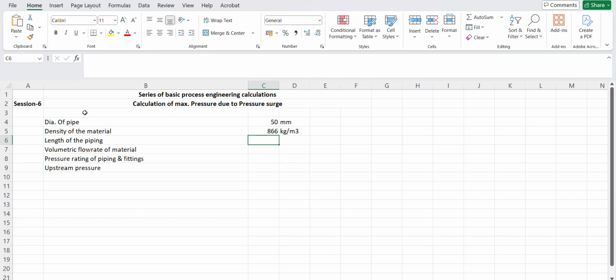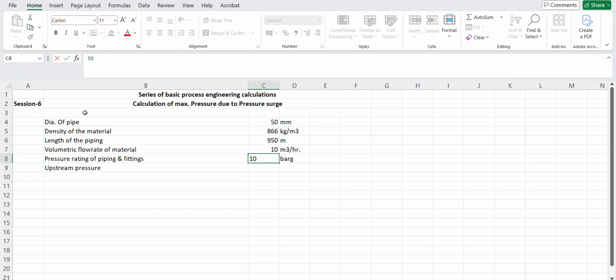I'll just show you with random numbers. We consider a length of 950 meters. Then for the volumetric flow rate, we consider that this is a solvent, so we consider a lower velocity, and based on that we have assumed just 10 meter cube per hour of